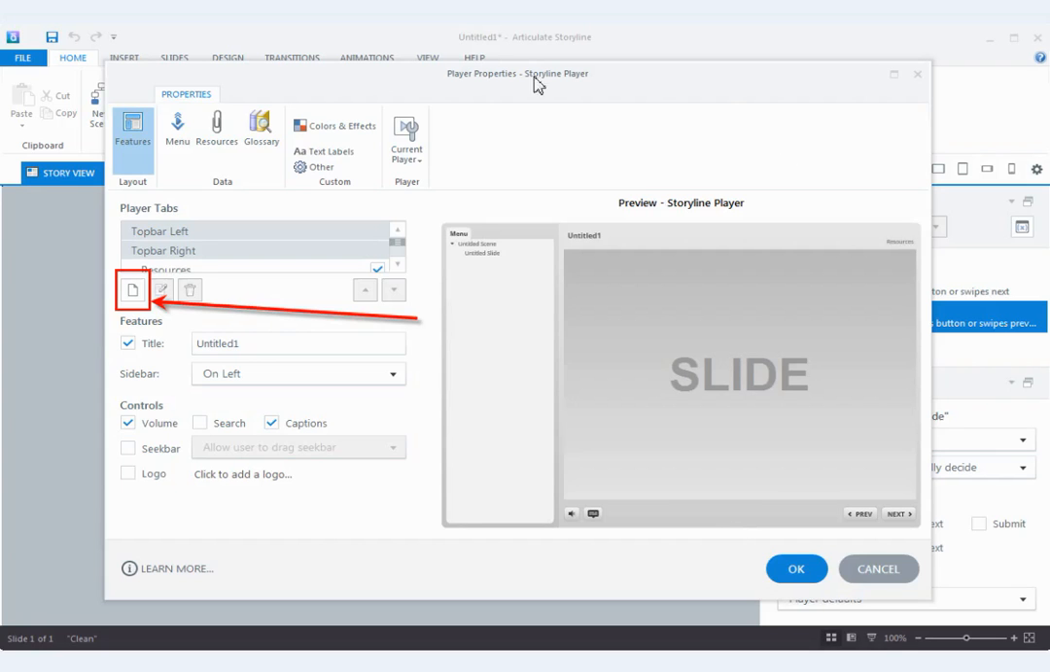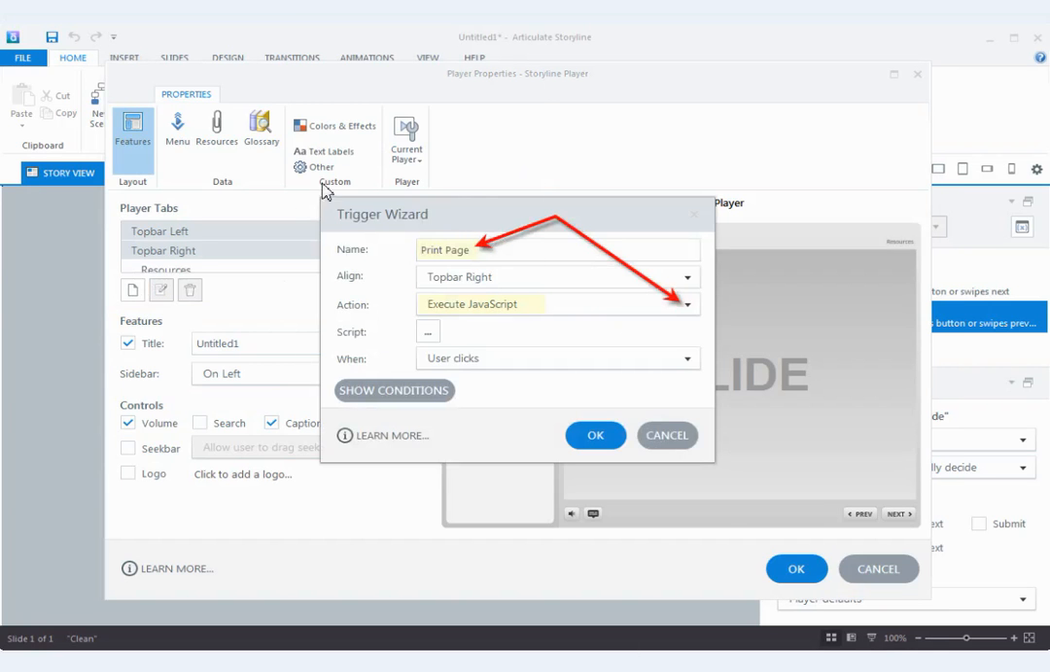So we're going to start by looking at the player properties in StoryLine. And I think one of the functions that we really underutilize is this new tab function in the player tabs section of the player properties. So you can create a new tab and name it anything, and when you do that, it's going to appear along the top bar here, and of course you can move it along the top bar using the up and down arrows here. You can choose whether or not to hide it or show it in your projects, but creating a new one opens up a trigger wizard, allows you to name it what you want and then execute